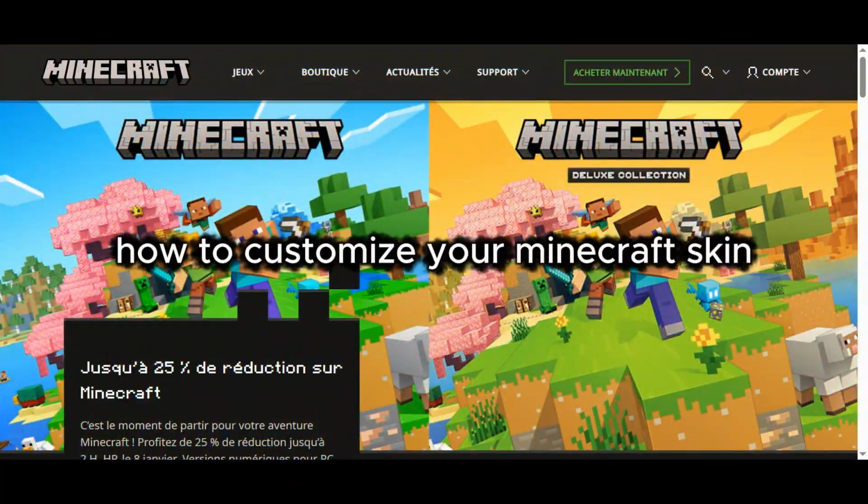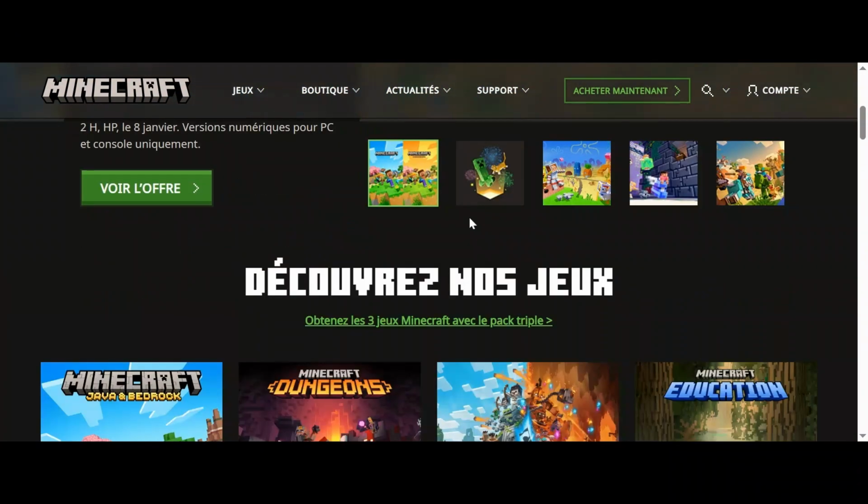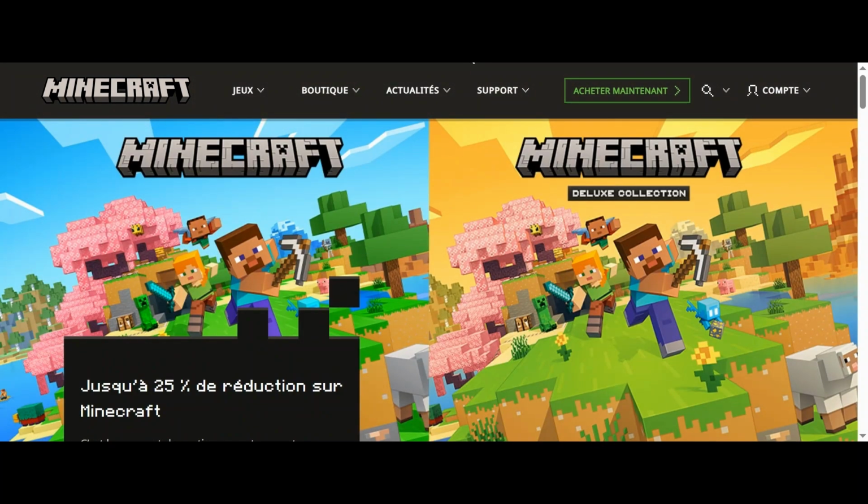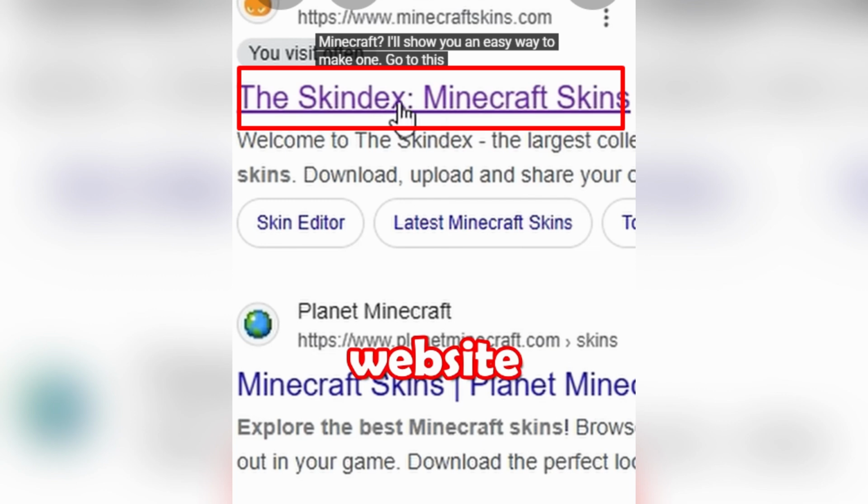To customize your Minecraft skin in 2025, you first need to create or download a skin file and then apply it to your account. You can make or find skins on popular websites like the Skindex, Planet Minecraft, NameMC, or the Tinkerskin editor. These sites let you either browse thousands of community-made skins or design your own from scratch using